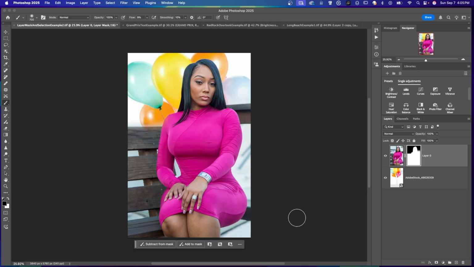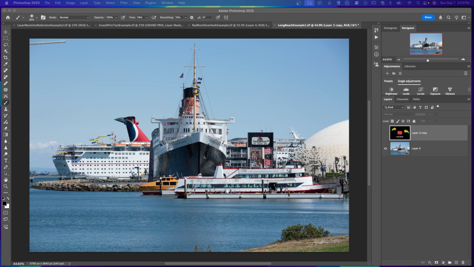That is an example of selecting a subject and with its layer mask, bringing back part of the layer. You saw me bring back part of the background, the bench area. And so layer mask can help you with your blending. And that's the power of layer mask. With just a little practice, you'll be able to blend images, create stunning composites, and make non-destructive edits like a